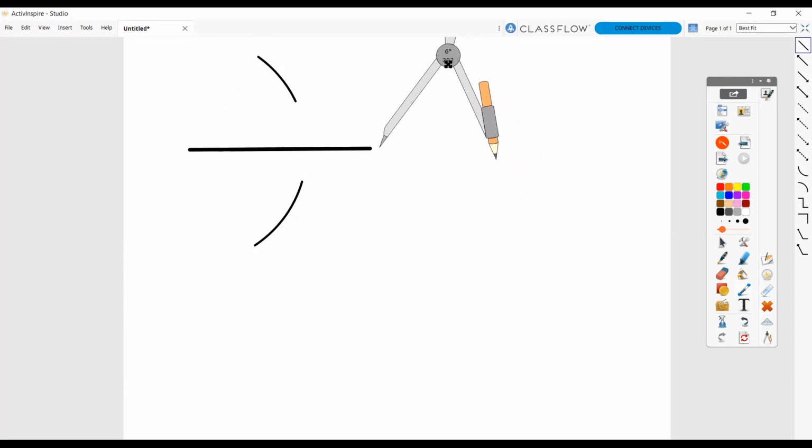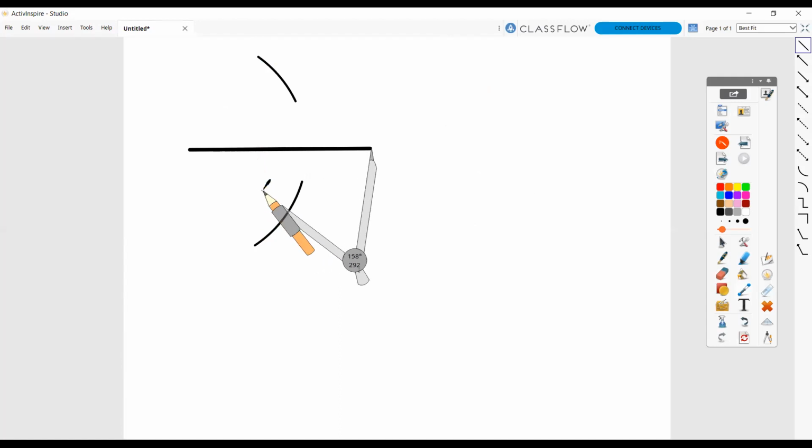Now we will repeat the similar procedure from this other point, but we have to orient the compass in the opposite direction like this. See, now the measurement must not change. अब इसका measurement change नहीं होना चाहिए. जो हमने पहले लेंथ सेट किया था कि अप्रोक्सीमेटली हाफ से ज्यादा, वो अप्रोक्सीमेटली था, लेकिन एक आर्क बनने के बाद उसका विड्थ जो है वो चेंज होना नहीं चाहिए. दैट इज अ कंपल्सरी, राइट.